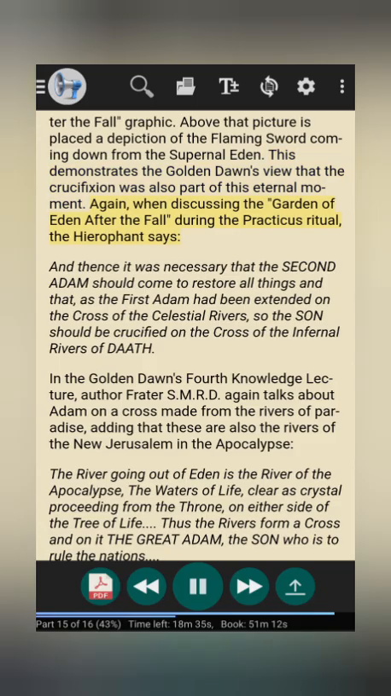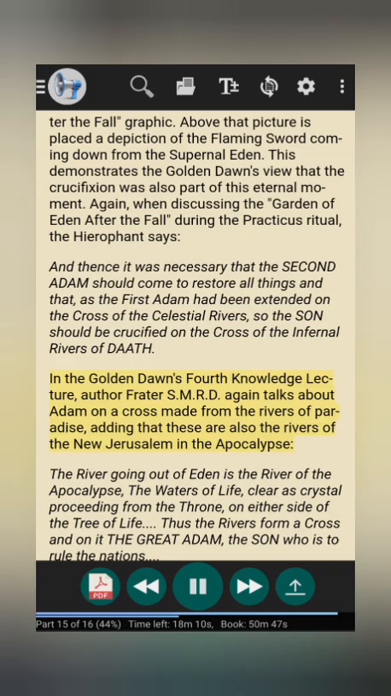Again, when discussing the Garden of Eden after the fall during the Practicus ritual, the Hierophant says, "And thence it was necessary that the second Adam should come to restore all things, and that, as the first Adam had been extended on the cross of the celestial rivers, so the Son should be crucified on the cross of the infernal rivers of Daath." In the Golden Dawn's 4th knowledge lecture, author Frater SMRD again talks about Adam on a cross